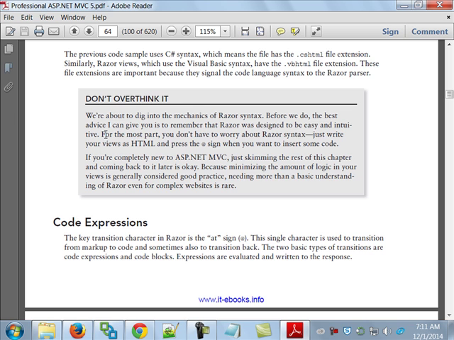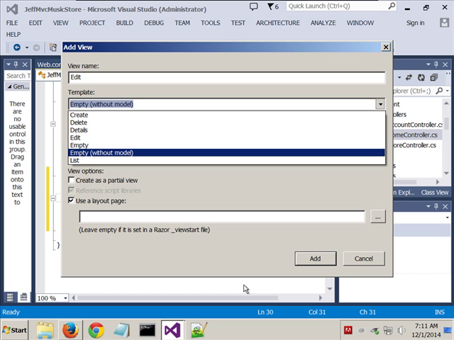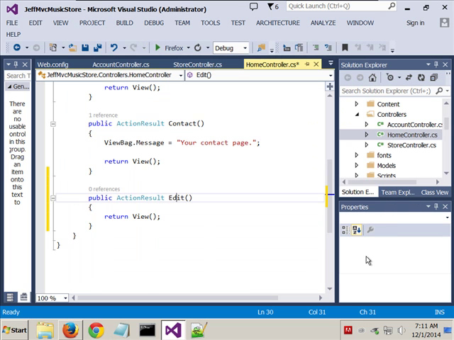All right. The key thing here, as mentioned on the bottom of page 64 and going on, is that @ sign that's used to kind of transition. And where they got that from, basically, just so you know, is you use that same @ sign if you want to put ASP.NET code inside of a non-.cs or a non-.vb file. So if you want to actually put in code inside of,